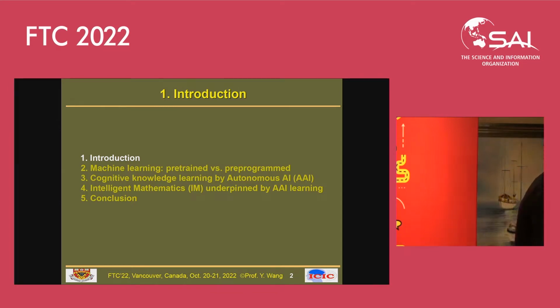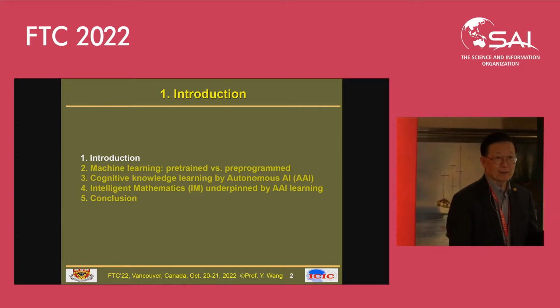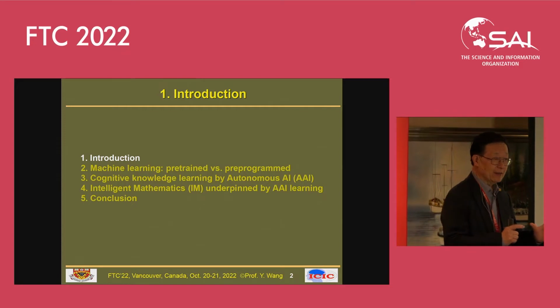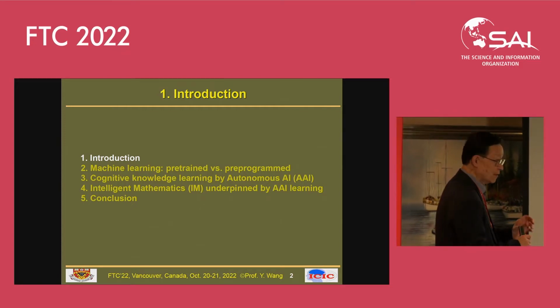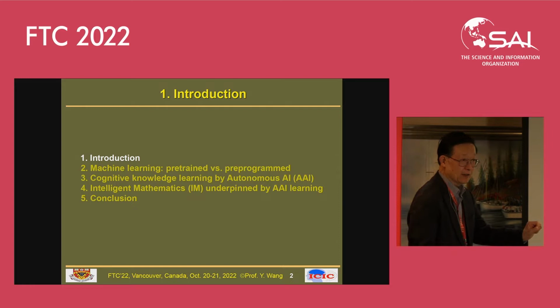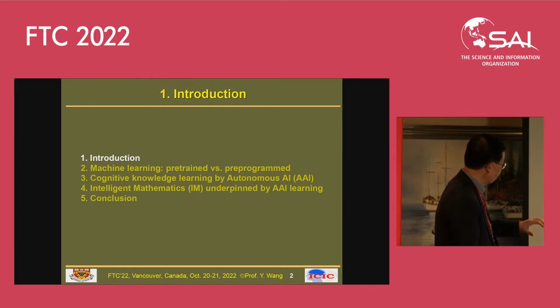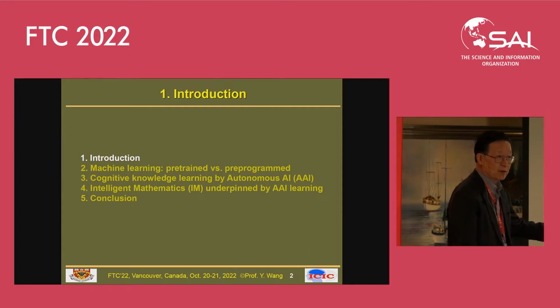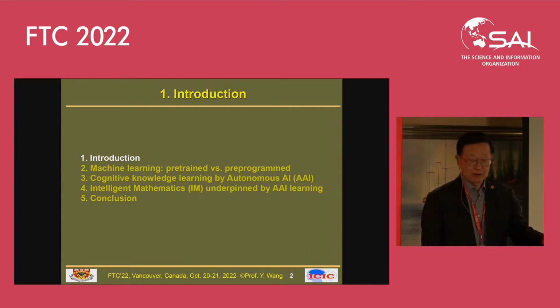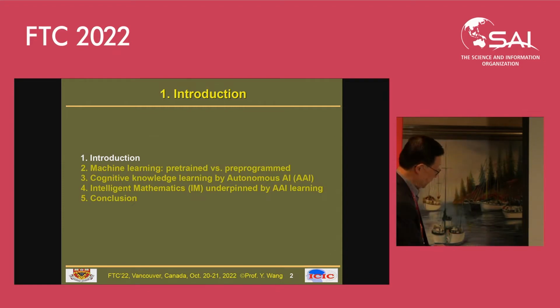And then we're going to discuss the underpinning theories. It is a set of mathematical means that enable the future technology for autonomous machine learning. We call it the intelligent mathematics. The idea here for basic research is that we not only focus on the technology, because we need to understand the underpinning theories that are driving things towards the future technologies of machine learning. So this is the structure.